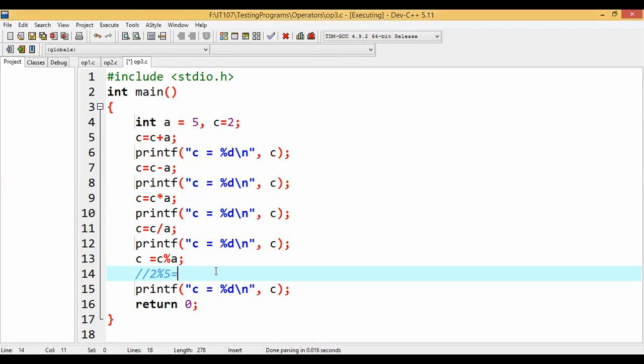2 divided by 5, we don't have answer 0. The remainder is 2. Because there is no portion of 5 within 2. You don't understand it? 2 divided by 5, the answer is 0. Remainder is 2. So if it is 6,